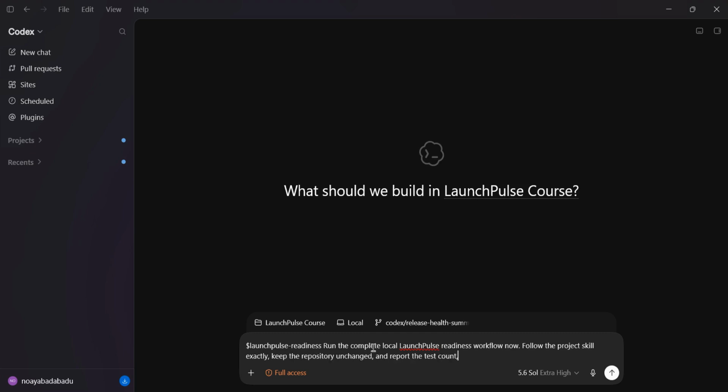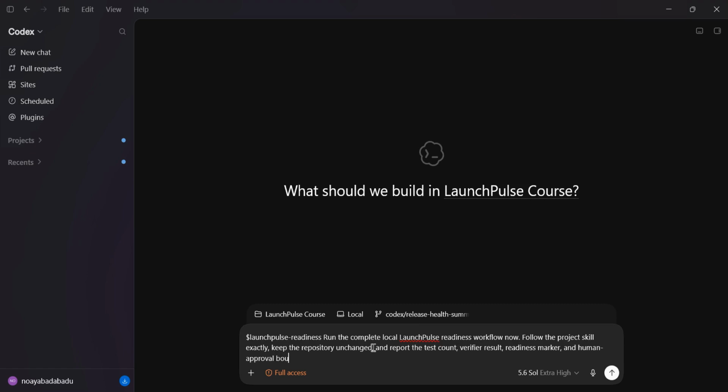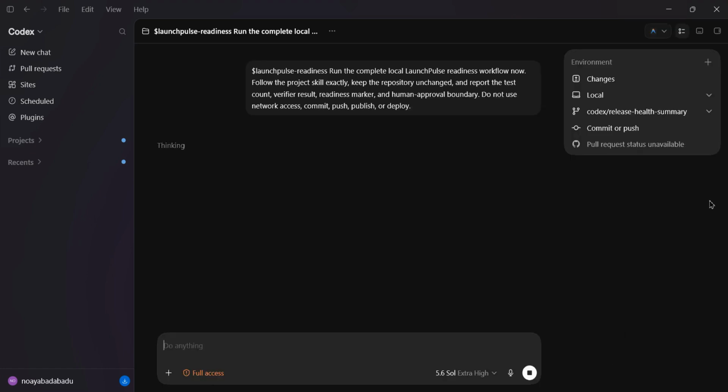Here come the test count, verifier result, and readiness marker. And the closing clause keeps every external action behind the human gate. The finished message preserves today's evidence and human gate. Run the package workflow. After the message is sent, Codex recognizes the project skill and follows its required files and